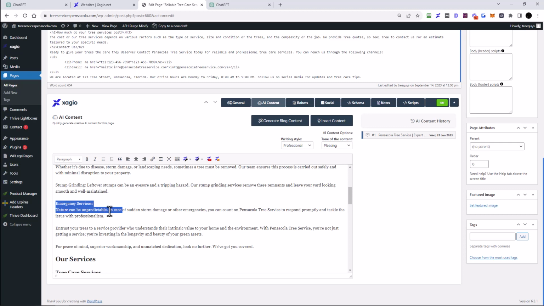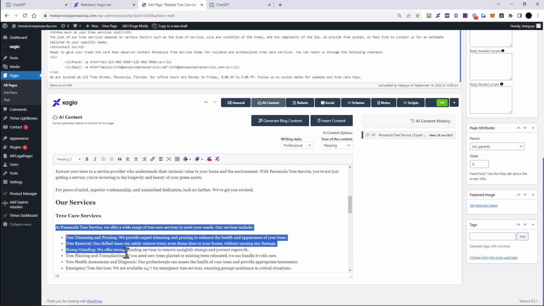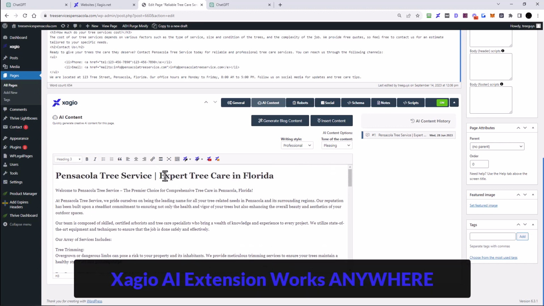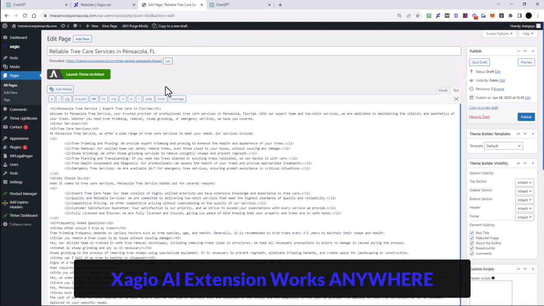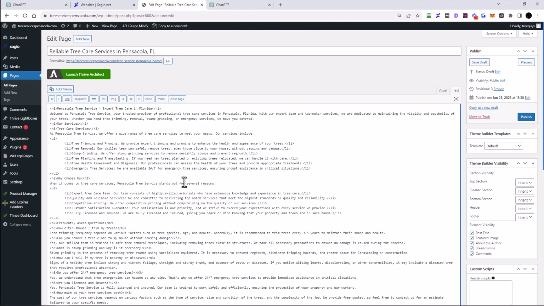Now you can do this again and again with new text. You can choose other text. You can even choose text that's anywhere inside of this, meaning inside of your page editor. If you're using Thrive themes or Elementor or Divi or any other text, you can even have it replace text